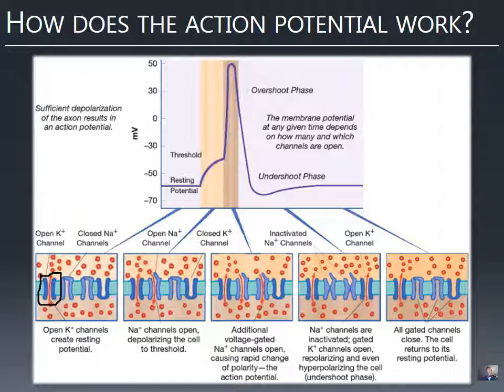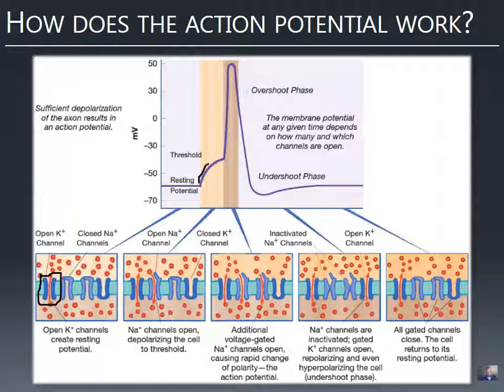And then, if something changes that membrane potential, we can do it artificially with an electrode, or if sodium flows into the neuron nearby, then suddenly we have more positive ions inside the neuron. And what is that going to do? Well, more positive ions inside the neuron means the membrane potential isn't quite so negative. Right? Remember, normally we have more negative charge inside than outside. If we move some of that positive charge into the neuron, then that membrane potential isn't so negative. And that's called depolarizing the neuron.